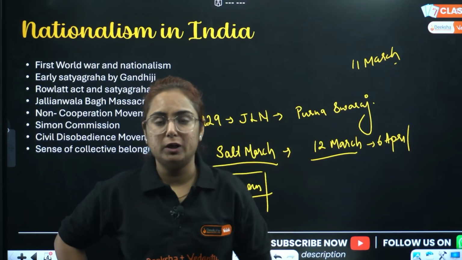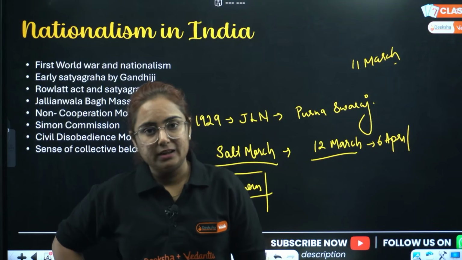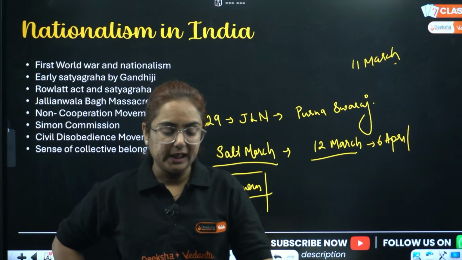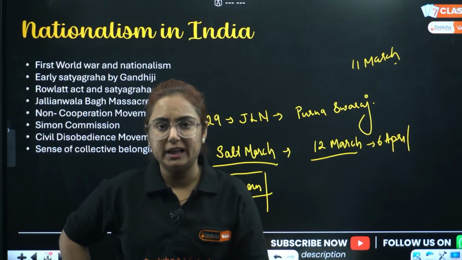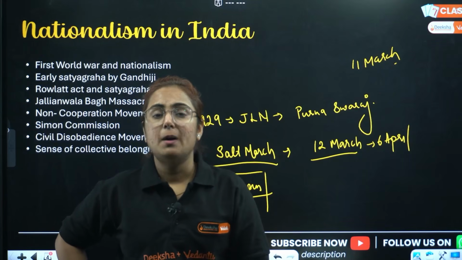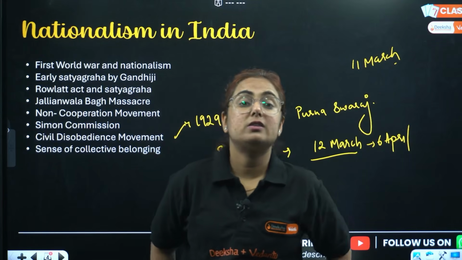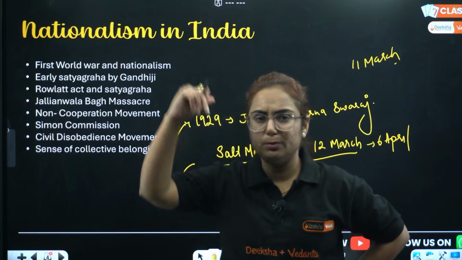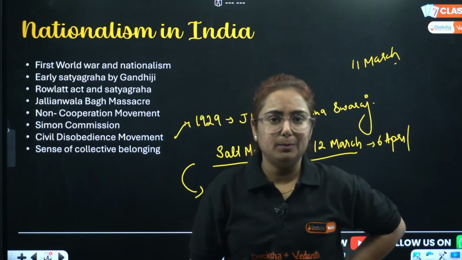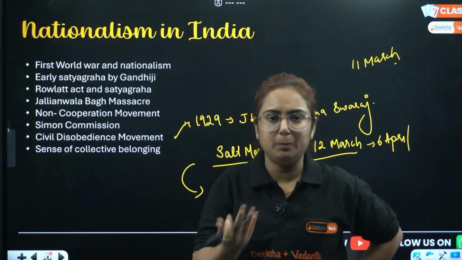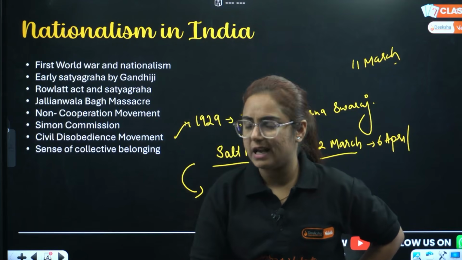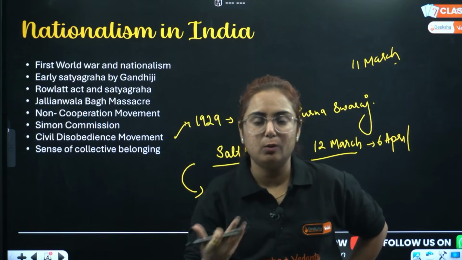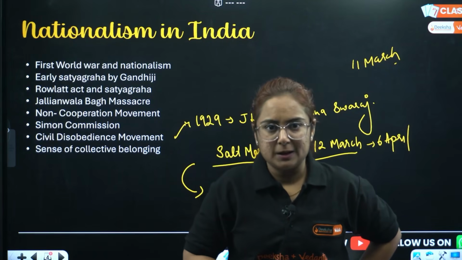Gandhiji went for second round table conference at London, 1931. What happened? Nothing was done. Failure, came back, started the movement once again in 1932, but CDM lost its momentum. Happens with time, if you're stretching the movement and in between you left the movement, this will happen eventually. People will not be fighting for so many years, long years. They have their life too. Like eating also, job is also there. How will they feed their stomach?